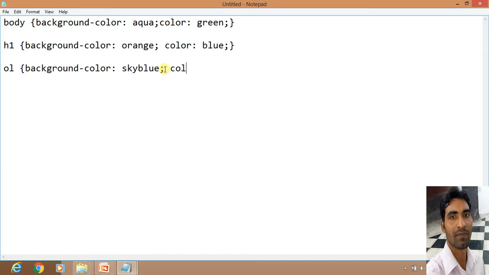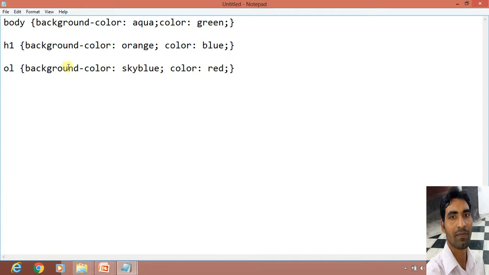Then the color is different. Suppose the color is red. Okay, semicolon. Close the curly braces.